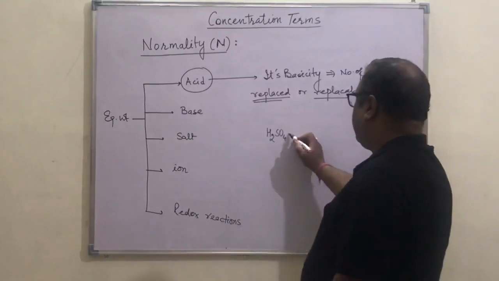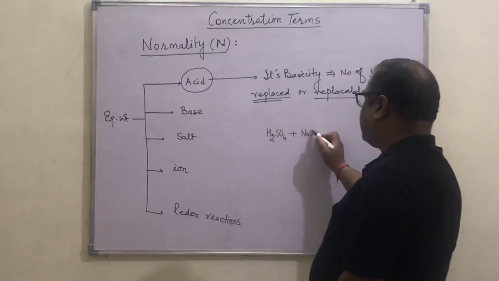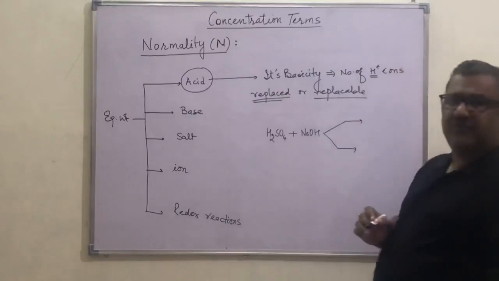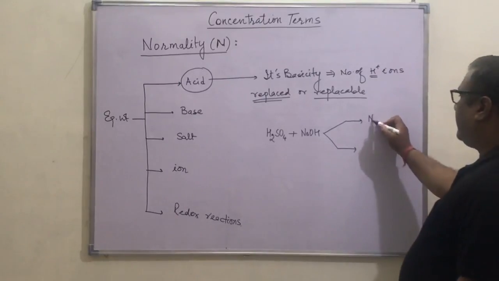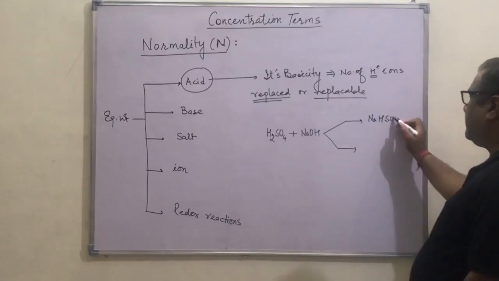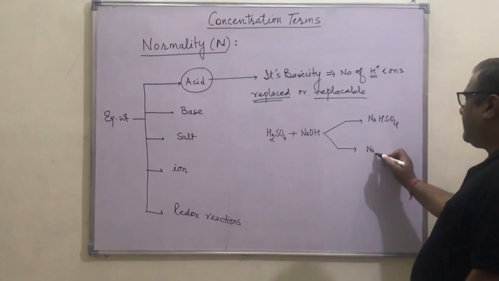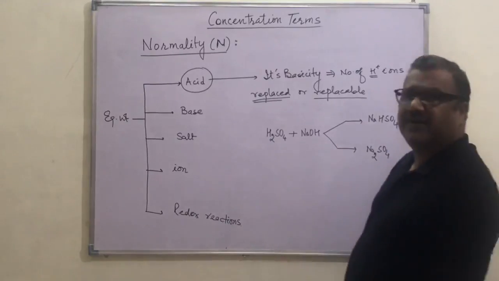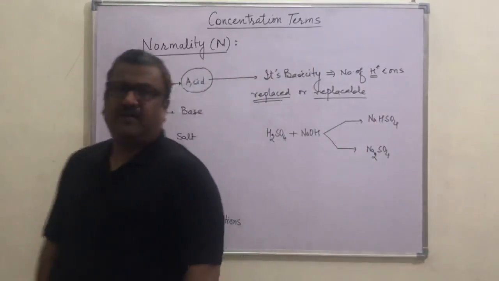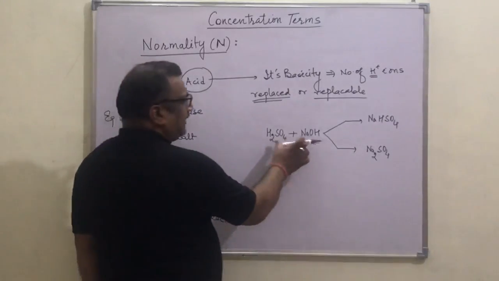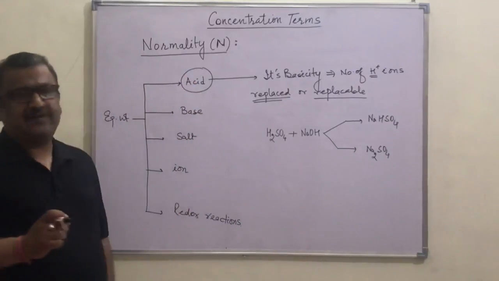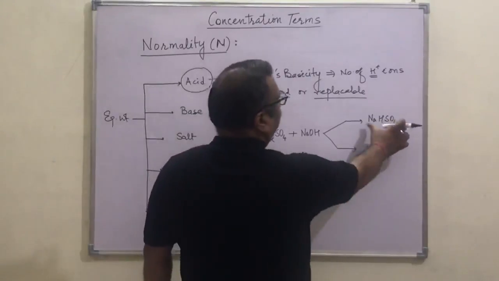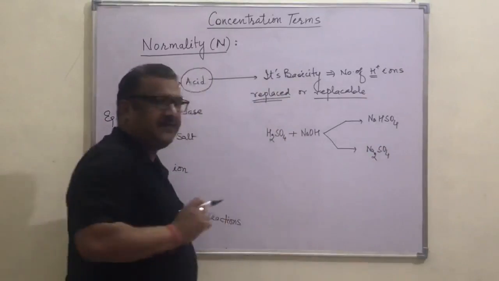For example, if we react sulfuric acid with NaOH, then we know we can move our reaction by 2 paths. In one, we can make sodium bisulfate, and by the other path we can get sodium sulfate with the help of controlling temperature. So using the same reagents, sulfuric acid and NaOH, our products may be different by taking the different temperature path. It may be sodium bisulfate, it may be sodium sulfate.